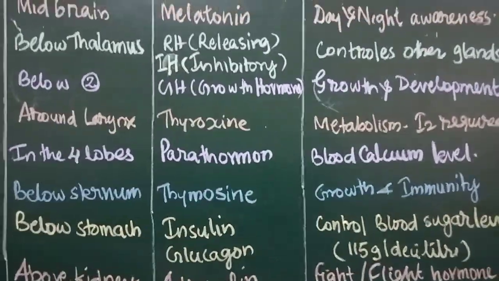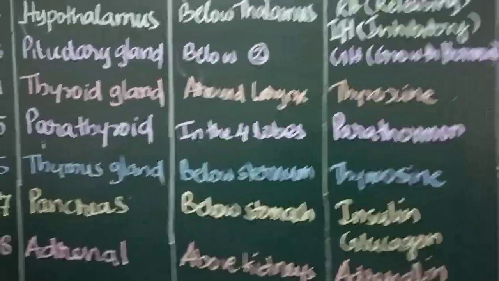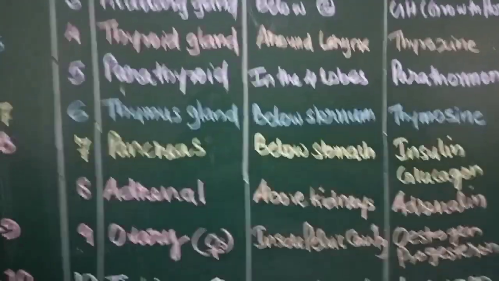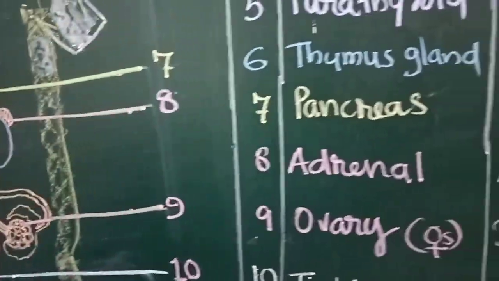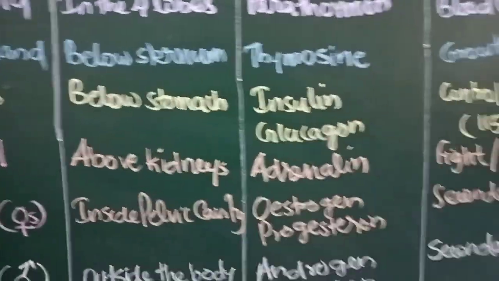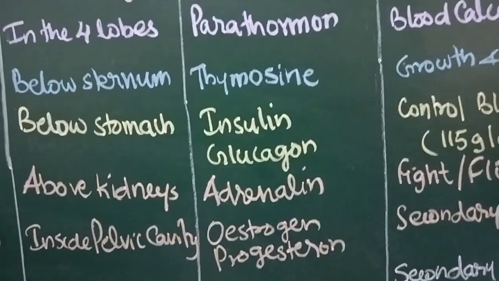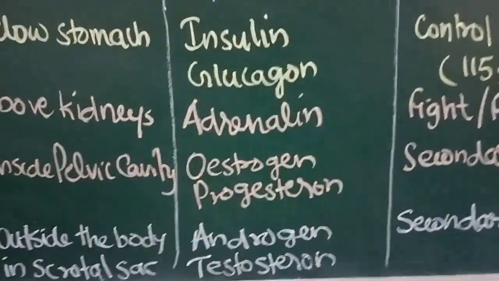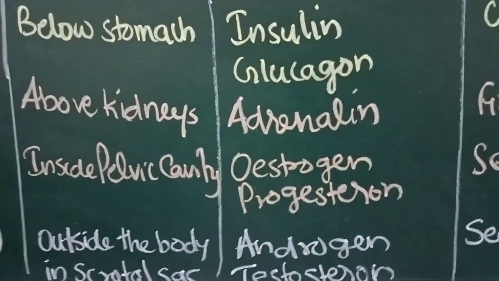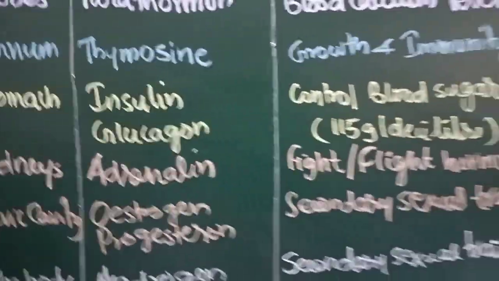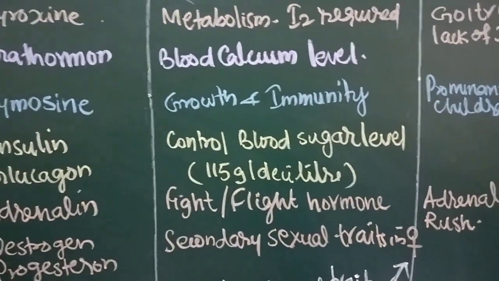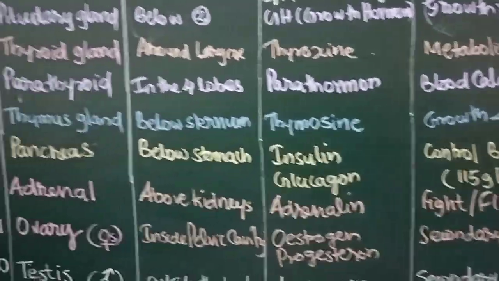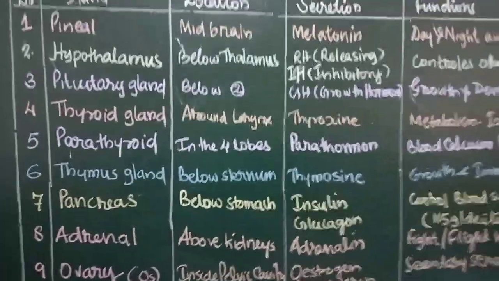Similarly, the last one, that is the 10th one, is called the testis, which is seen in males, outside the body, and they are placed in the scrotal sac, a muscular membranous sac. They will be producing the male hormone called androgen or testosterone, which will be helping in developing the secondary sexual characteristics of males and discriminate the male from female. Okay, so these are the 10 glands